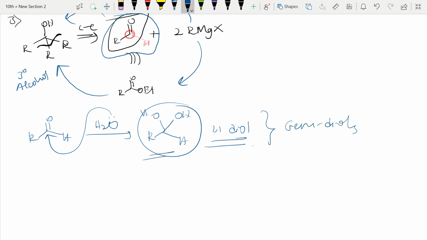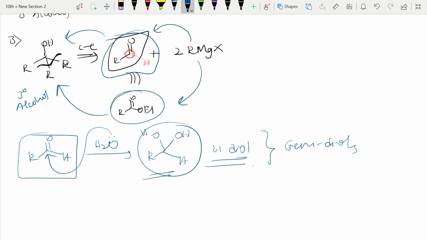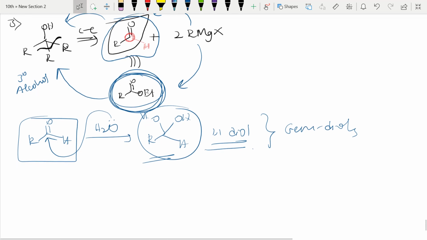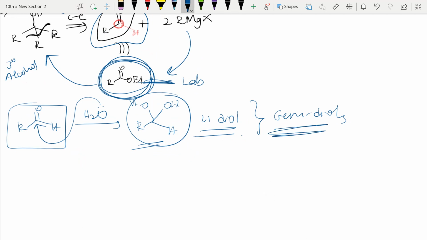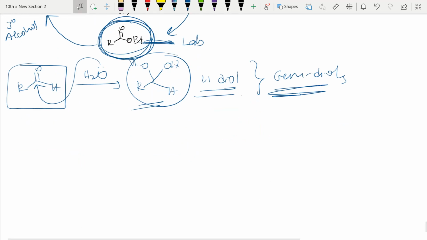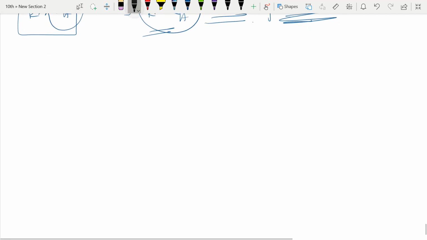Because of this reaction, we may not get this aldehyde in our reaction. So always we try to convert it into esters, which I am showing here, right? So always we do not write aldehyde, we write esters, because these are available in the lab. But aldehydes in the lab are converted to gem diols. These things you remember, so these are the practical problems. In a reaction you may write, sir, it is possible it will react, but in the lab you may not get it. So these are the practical problems. I hope you got it.